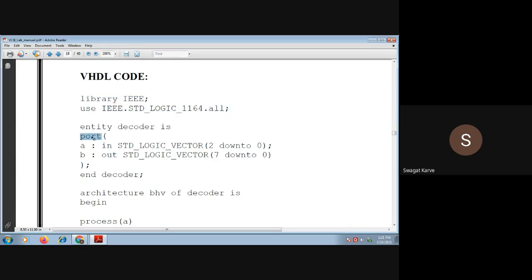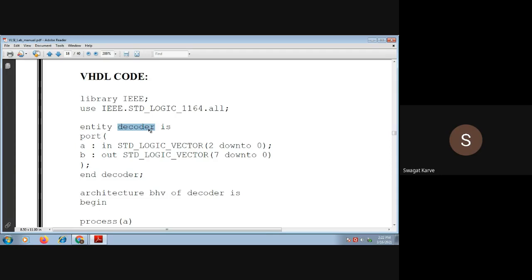If we wanted to declare a constant, we may have gone for the generic declaration. Now we simply declare ports, that's why we have written the port declaration here. If you happen to use some constant, you would have used the generic declaration. But as we are not using any constant here, we will simply use this port declaration.